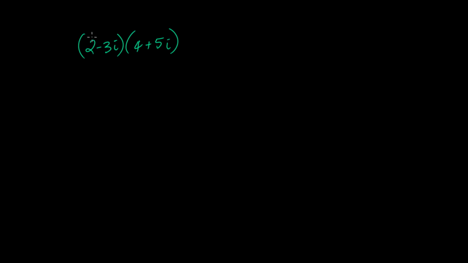So we still do the same thing, right? We multiply the first two, the outer two, the inner two, and then the last. So you just FOIL to multiply. So let's do that. The first two, 2 times 4, that's 8. 2 times 5i, so that's plus 10i. The inner two, negative 3i times 4, so that's negative 12i. And then negative 3i times 5i, that's negative